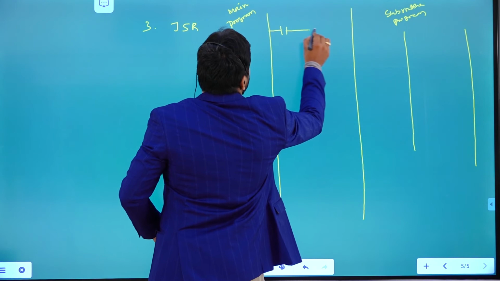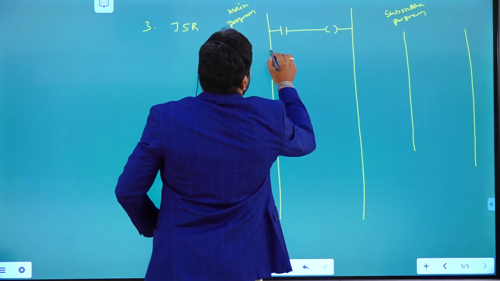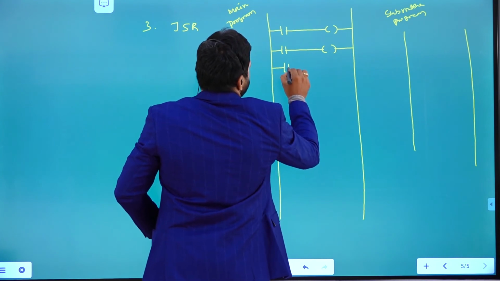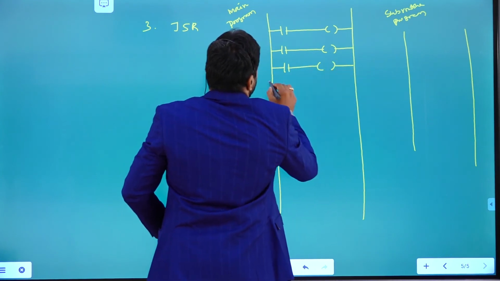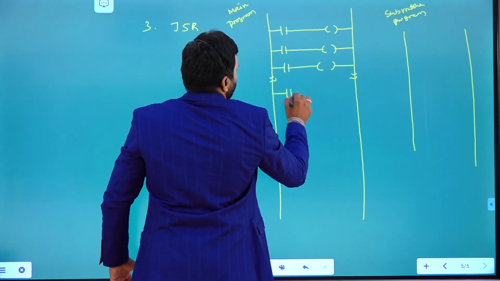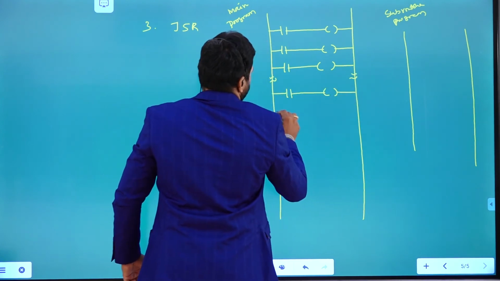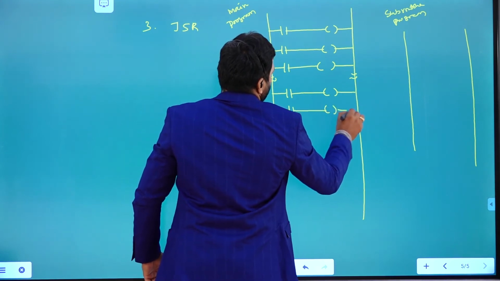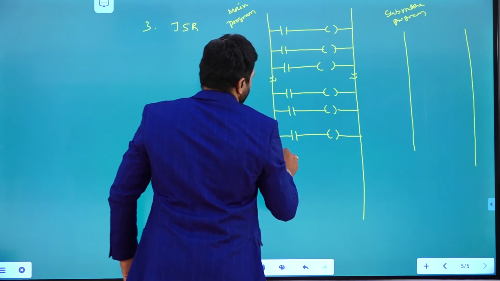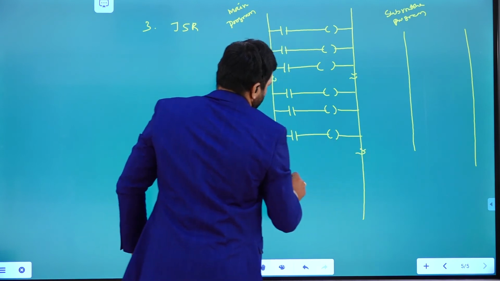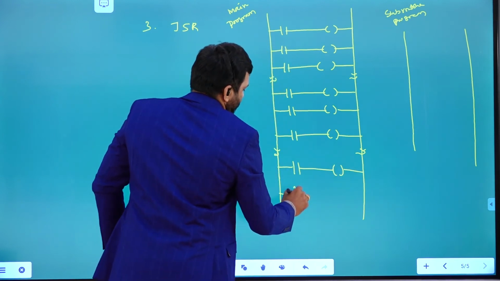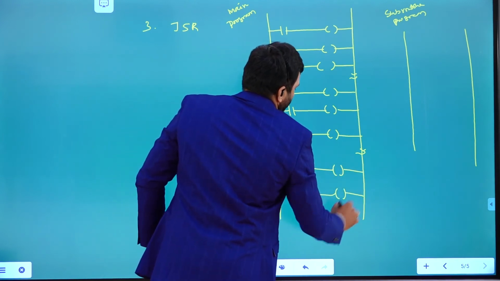For example, in this context, so many rungs are there, right? Coils and contacts.